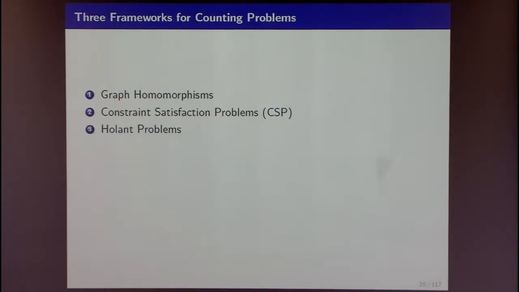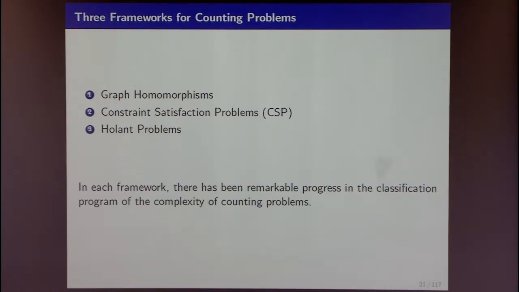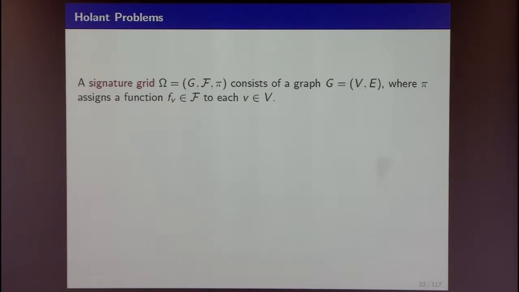Okay, good. So there has been remarkable progress, I think, in all three constraint frameworks. But this particular problem of edge coloring is naturally phrased in the Holant framework. So I will turn to this first. And I want to keep the terminology to the minimum, and I want to explain by examples. But some minimal amount of terminology is necessary. So bear with me.